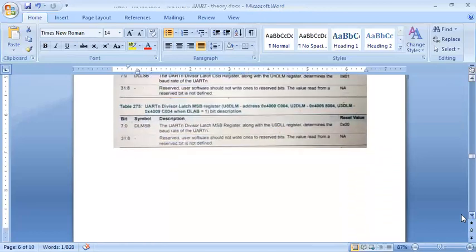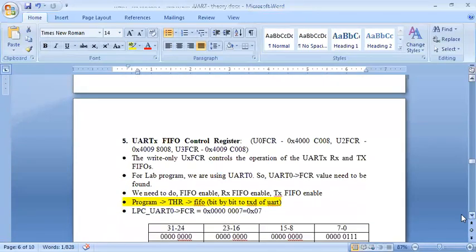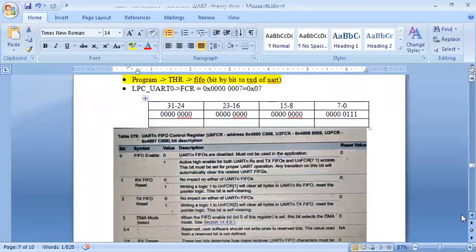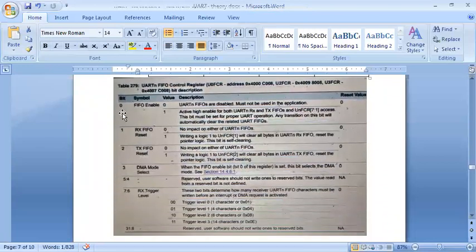Coming to the next is your FCR. FCR is a FIFO control register. So for FCR, I need to only enable the FCR. So how to enable the FCR? So 0 bit should be 1. To make it 1, your UART 0 FIFO is enabled. And next, RxD, that receiving FIFO. Even though we are not receiving it, we still will make it as 1.